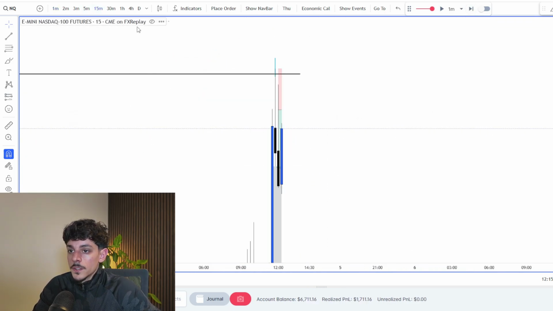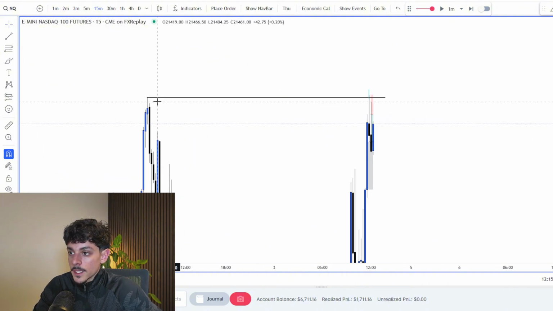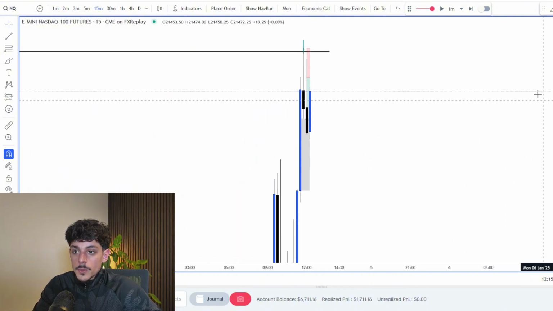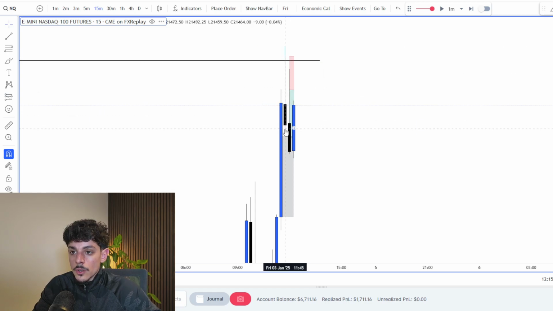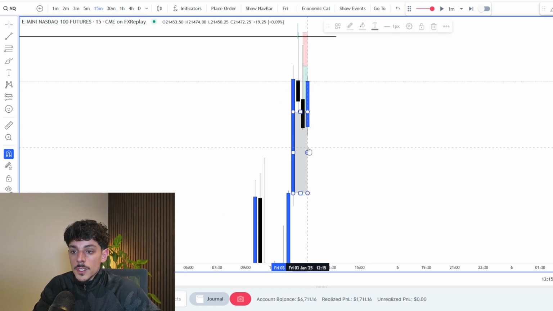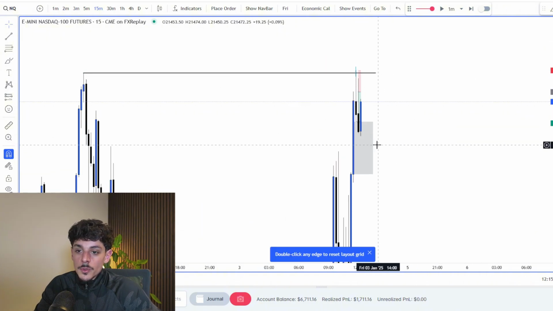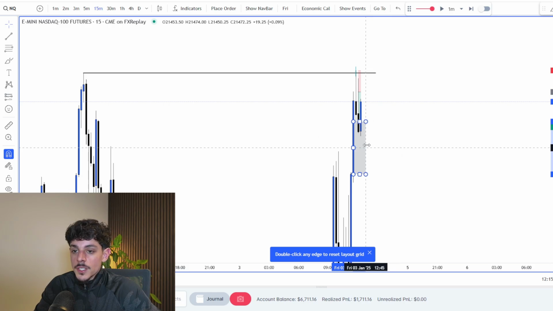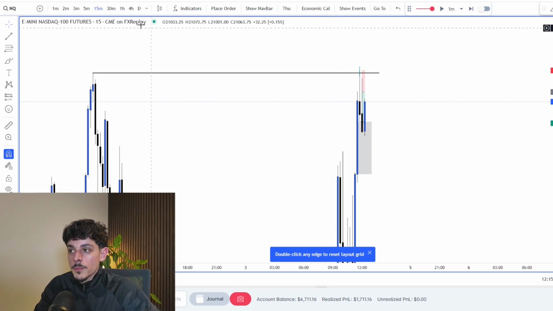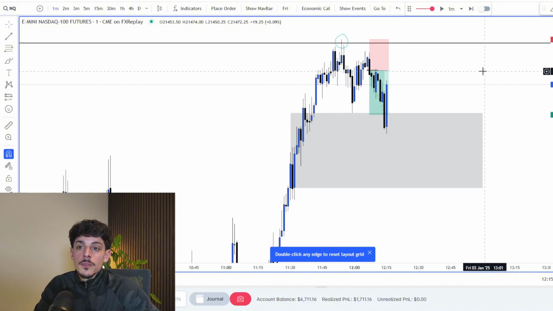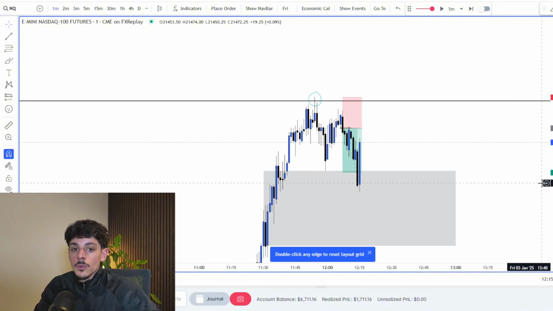So the play here was a buy side liquidity sweep. And then we had a nice down close candle on this 15-minute chart that created this internal 15-minute fair value gap. Here, what I'm telling myself is, what are the odds of us not returning back inside this 15-minute bullish fair value gap after sweeping buy side, considering the fact that we couldn't close a single candle above this buy side